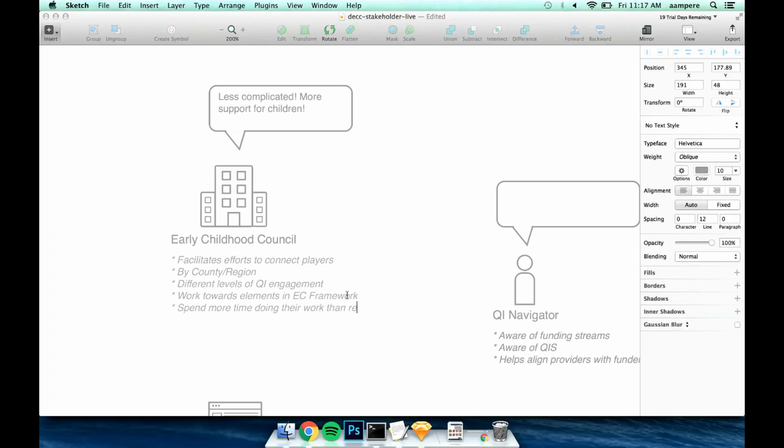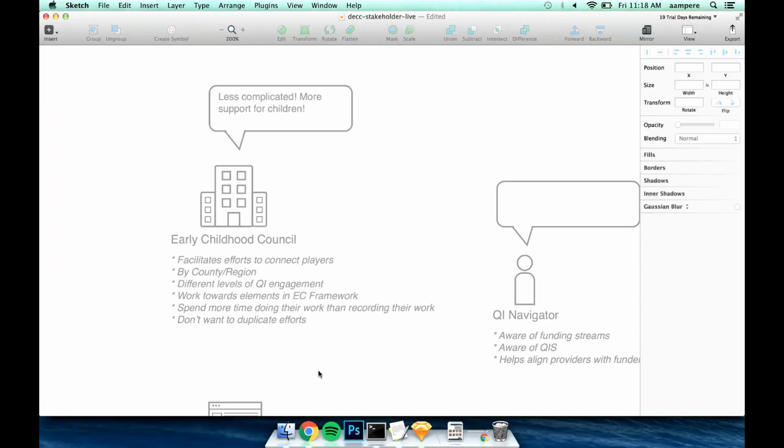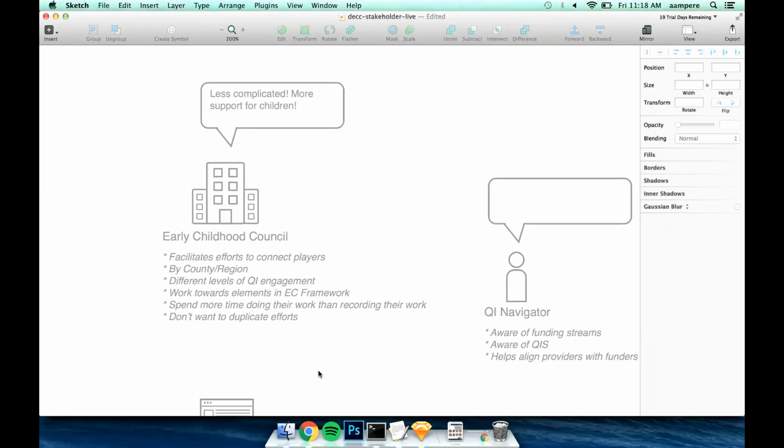They don't want to duplicate efforts because I think some of what's going on is also in other places in their council. Yep, absolutely. Great. We'll get more information on that through the observations and interviews process, so we don't have to go into detail on that right now, but that will be addressed. Just to clarify, is it more support for children or is it more time? From the council perspective, I want support.